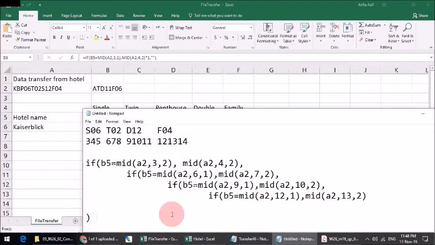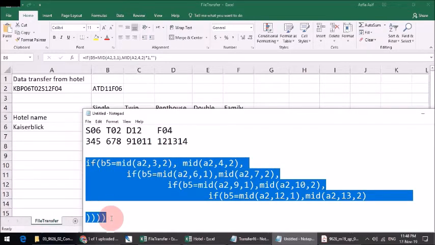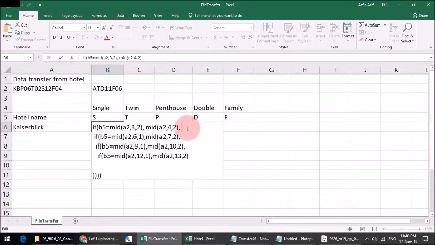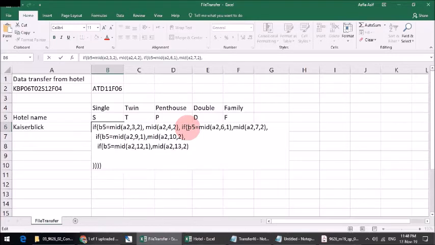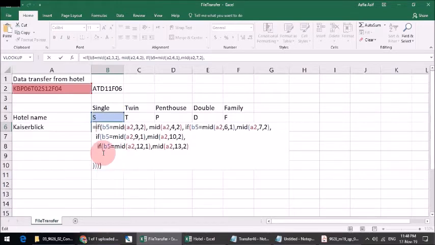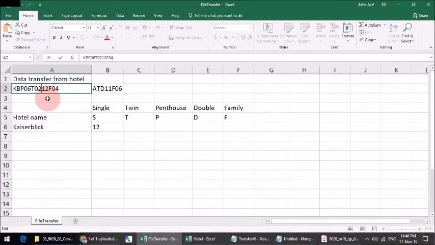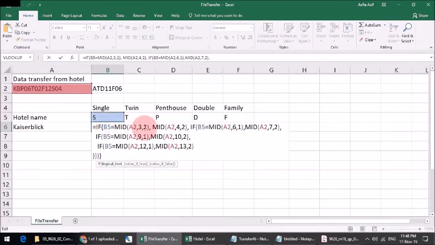And how many closing brackets do we need? We need 4 closing brackets. Let's copy and paste the whole formula over here. Equal to, and you can see it has found S. You can check. Yeah. So one thing again, we need to multiply our return value